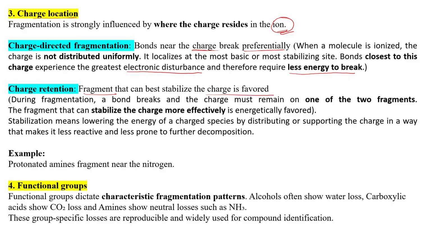तो जब fragmentation होता है तो bond will break और चार्ज जो है दोनों में से किसी एक फ्रैगमेंट के पास जाएगा। तो उस फ्रैगमेंट को प्रेफर किया जाता है जो उस चार्ज को इफेक्टिवली स्टेबलाइज करे। तो वो फ्रैगमेंट फेवर किया जाएगा। अब स्टेबलाइजेशन का क्या मतलब होता है कि that is lowering the energy of the charged species by distribution, जिसकी वजह से वो लेस रिएक्टिव हो जाए और लेस प्रोन हो जाए फर्दर फ्रैगमेंटेशन के लिए।